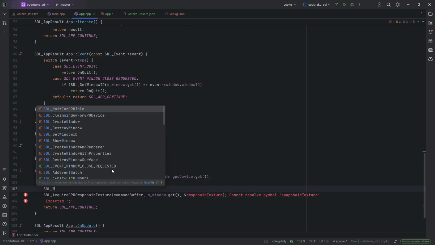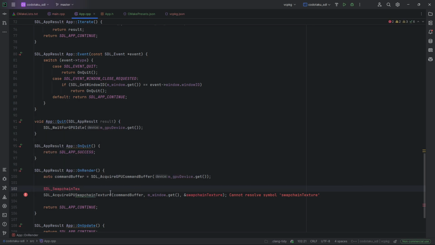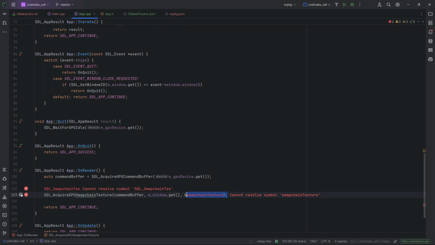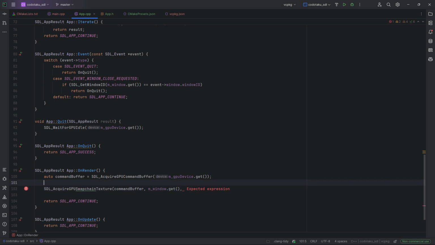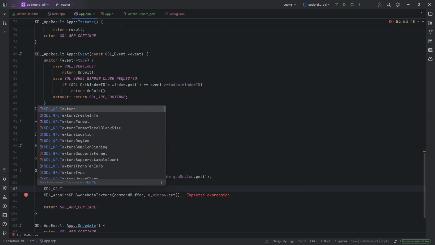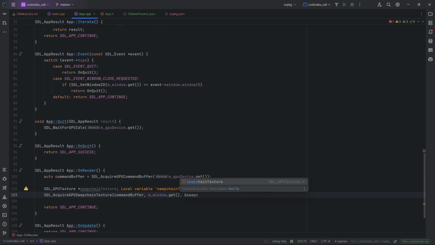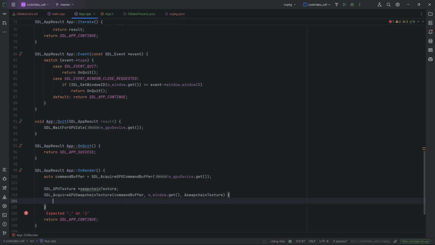Right, SDL swapchain texture. Well, what's the type of this guy again? Wait, let me see. Hold on, let me remove this. So it's an SDL GPU texture. Okay, that makes sense. GPU swapchain texture. And then we're gonna basically give it this swapchain texture so we could put our texture